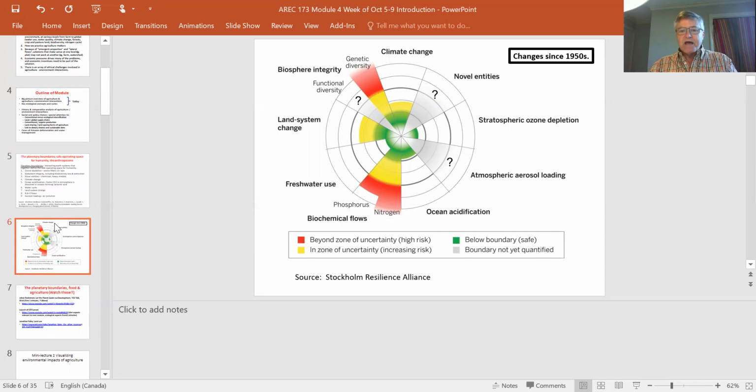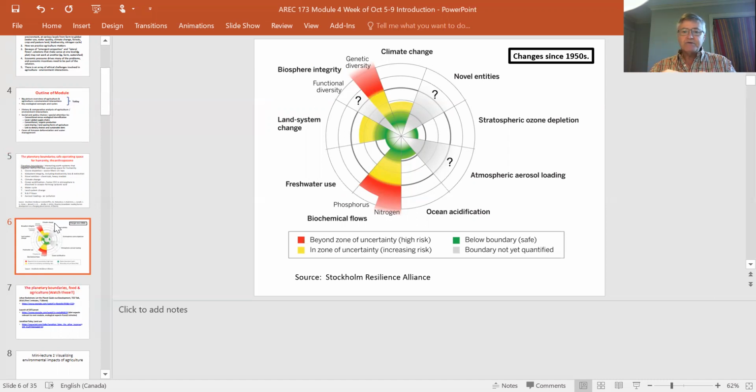In the areas where we see just yellow, we're in a caution zone. We're not sure if we're going to be causing irreversible change to the planet in these systems or not, and that is climate change so far. At the 1.5 degrees above long-term historical averages that we're at, maybe we can live within that. With the amount of land system change, perhaps we can live with that. But there's uncertainty and there are question marks.